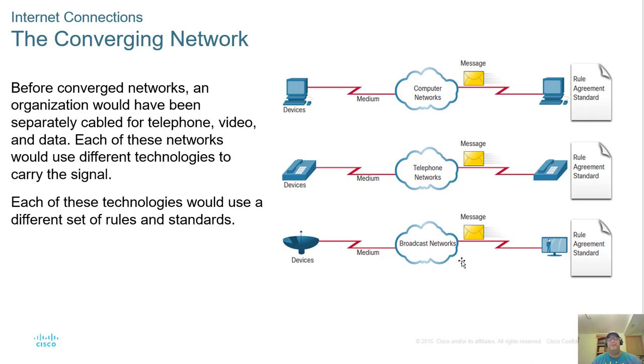So we don't have to have the infrastructure of a data system and the infrastructure of a phone system and the infrastructure of a network broadcast system. We can converge these down into just a data system, and we can run data, and we can run video, and we can run voice on the same wires. And now the amount of infrastructure that we need, the amount of cables, the amount of intermediary devices gets shrunk down. That's less stuff to buy, less expensive,